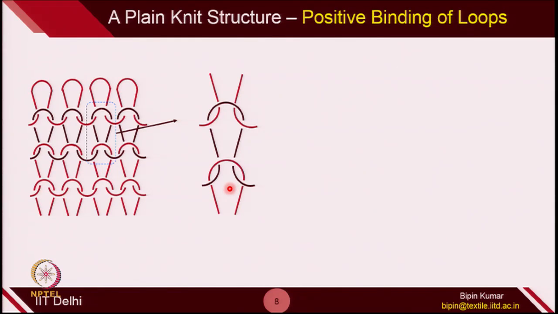What do you mean by positive binding? Let us try to look at this. So, in the same column you have 3 loops, one is the loop 1 which is at the bottom, the second one is loop 2 which we are going to describe, and again the next loop which is loop 3. And if you try to further look at the segments of the loop 2, it has 4 intermeshing points. Intermeshing point means it is interacting with the yarn at 4 different locations with these 2 loops.